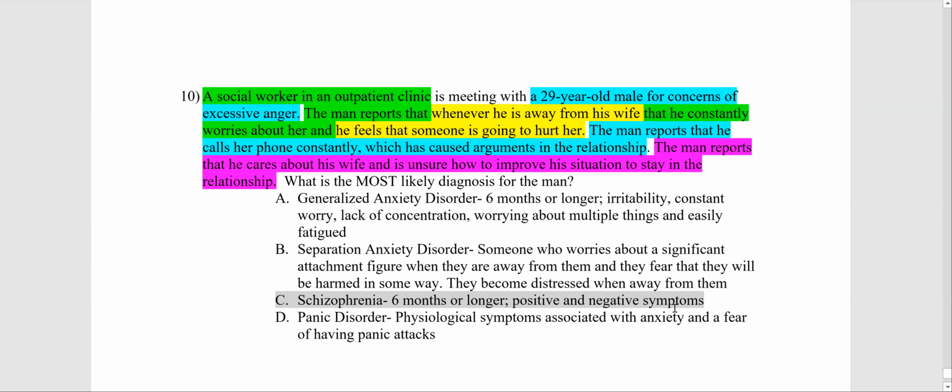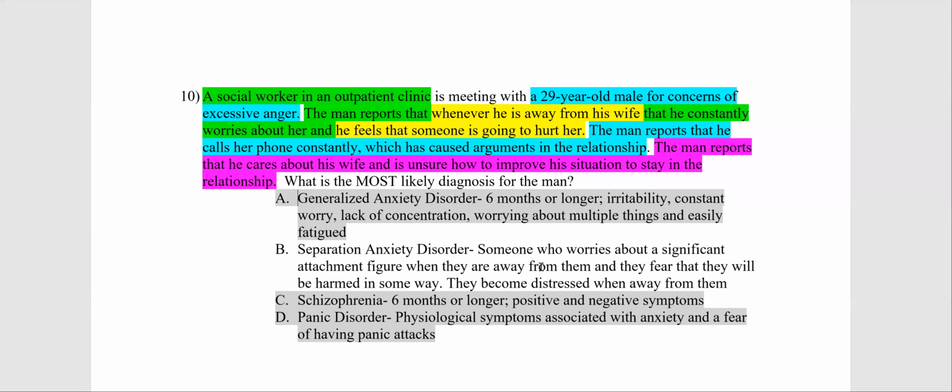It doesn't say that he's visioning people hurting her or anything like that. We're going to rule out panic disorder because it does not say that he has any physiological symptoms, headaches, anything like that. And again, if it did, was it predicated based on the fact that he was away from his wife, which is the significant attachment figure? And we are also going to rule out generalized anxiety disorder because he's not anxious in general. He's more or less anxious only about his wife when he is away from her, which has caused some distress in the relationship